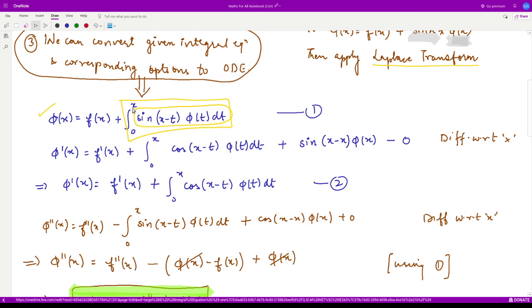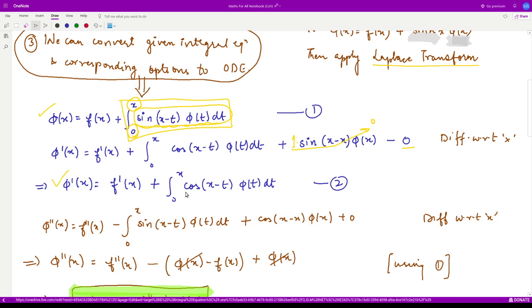Then we add the derivative of the upper limit with respect to x, that would simply be 1, times this whole term where we replace t with the upper limit x, and minus the derivative of the lower limit. The derivative of the lower limit is 0, so the whole term becomes 0. The other term also becomes 0. Why so? Because sine of (x minus x) is sine 0, which is 0. So we have this equation.